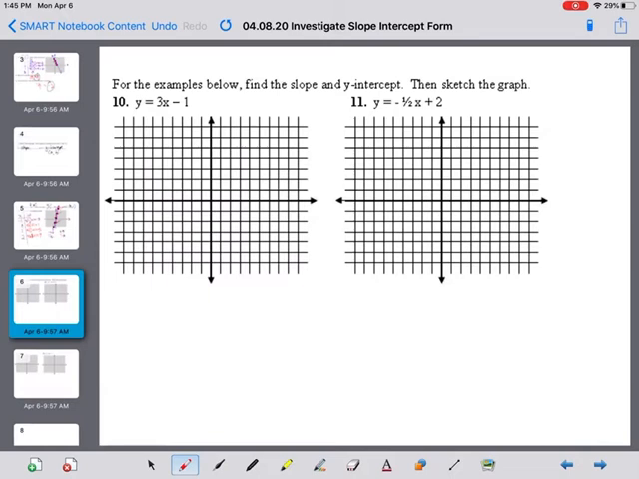All right, so now for the examples below, find the slope and the y-intercept, then sketch the graph. So no table of values needed. But you could always check with a table of values, of course. Okay, so